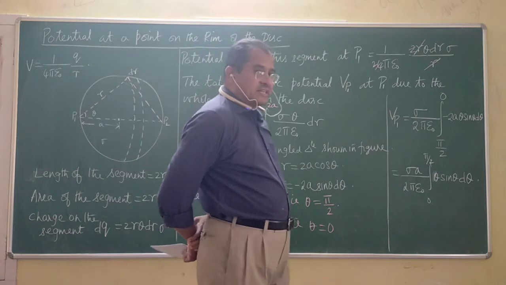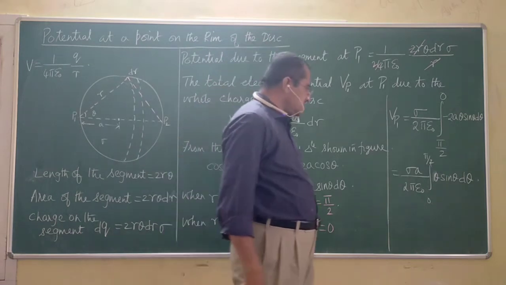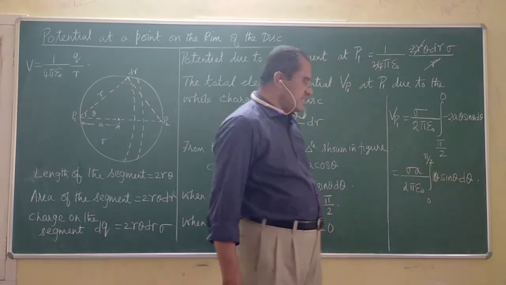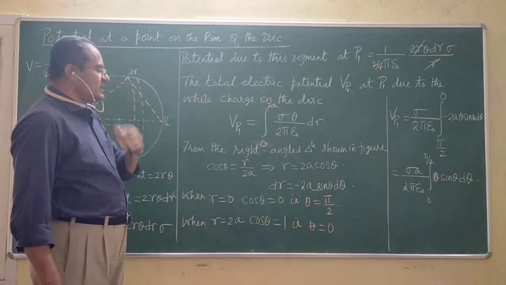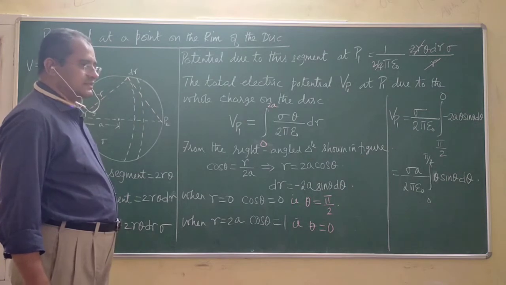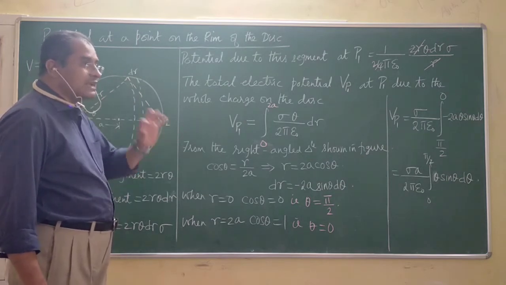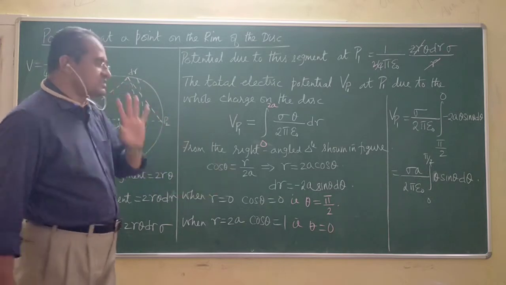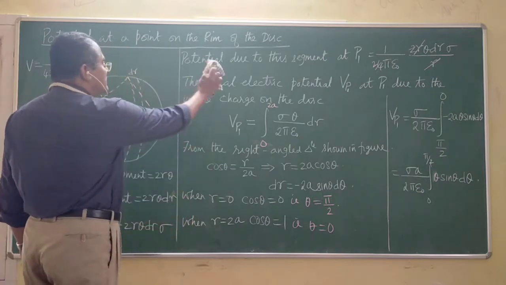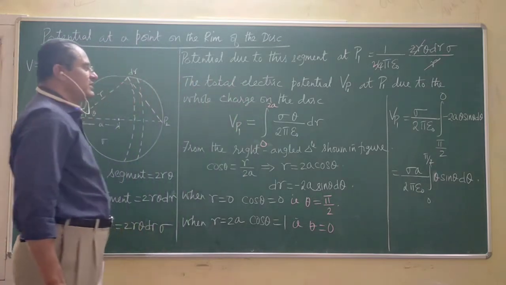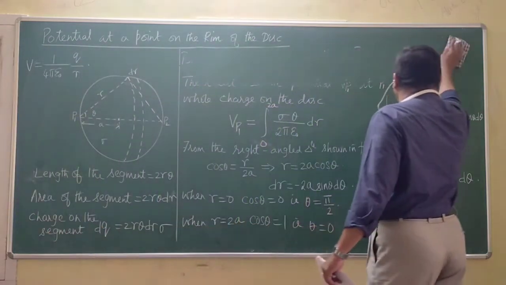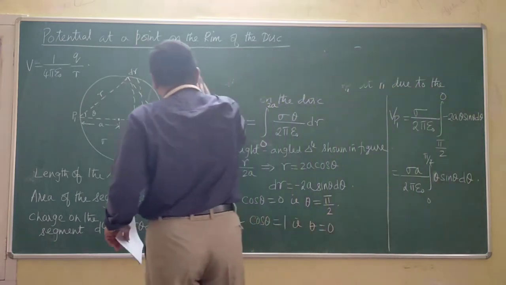The problem with this expression is to integrate this. Theta is also a variable, sin theta is a variable. As such, you cannot do that. You need to use the UV method, or I would call it integral by parts. How do we do that? I will also let you know. Shall I rub this part alone? Okay, I will rub this part, so that I will teach you how to integrate that particular expression.